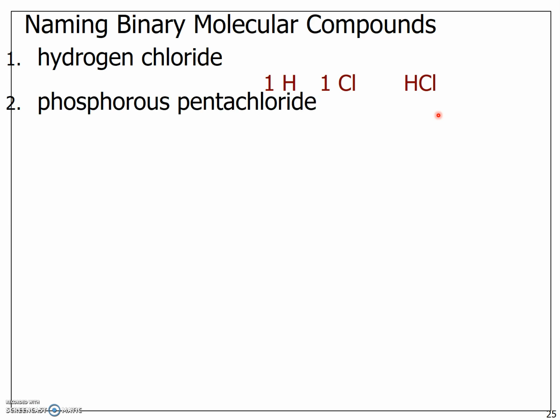We go a little bit more complicated. Phosphorus pentachloride. Phosphorus is represented by just a P, and then you have chloride. Now remember that penta indicates there are 5 chlorides. So you have 1 phosphorus for every 5 chlorines, and so the chemical formula will be this. Please take a few moments to review